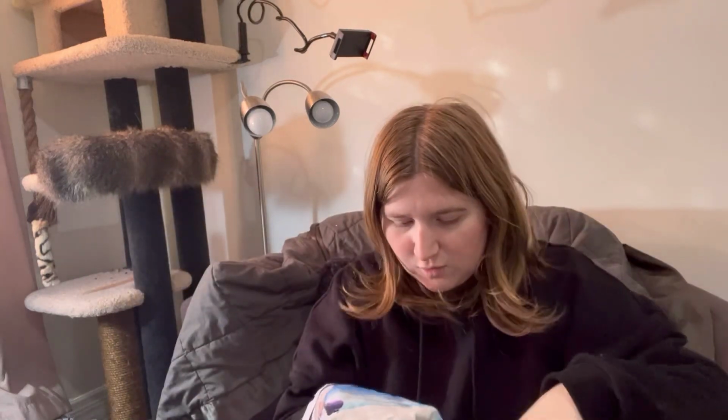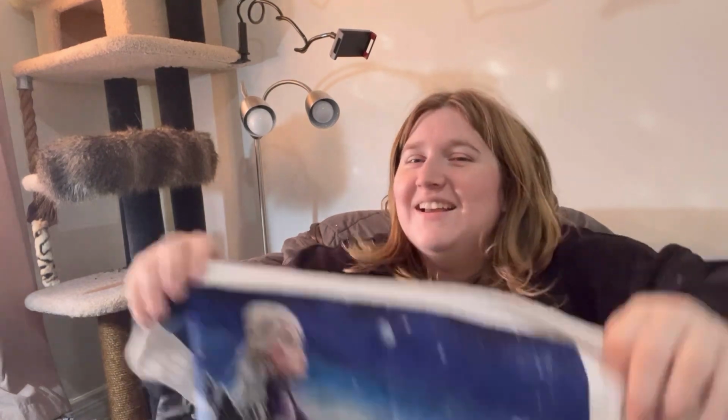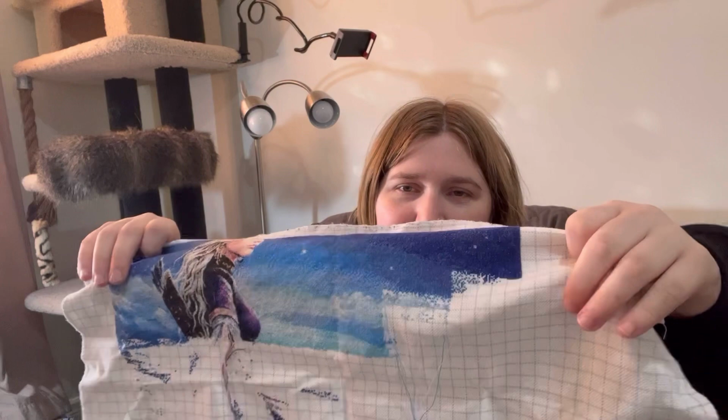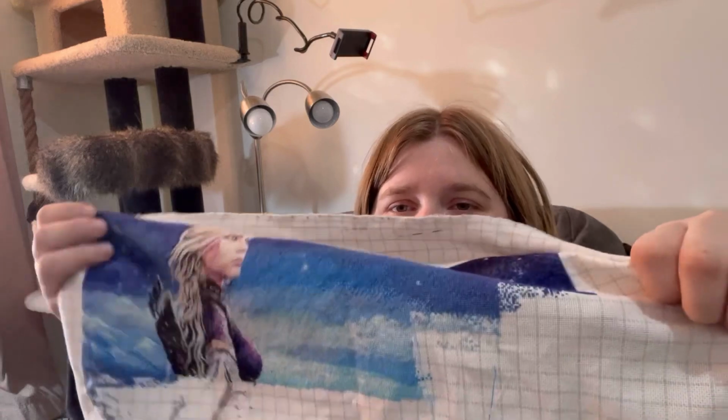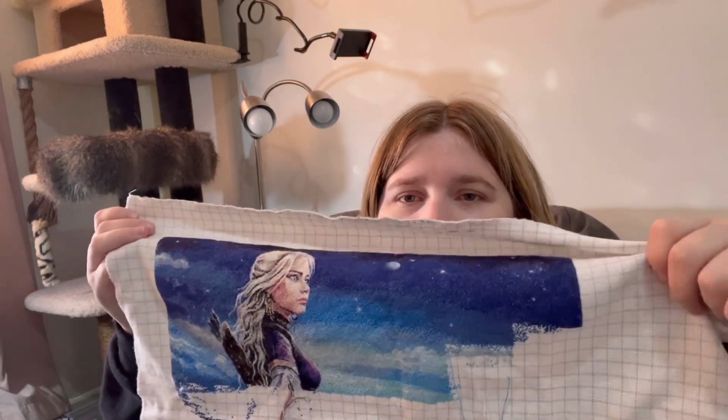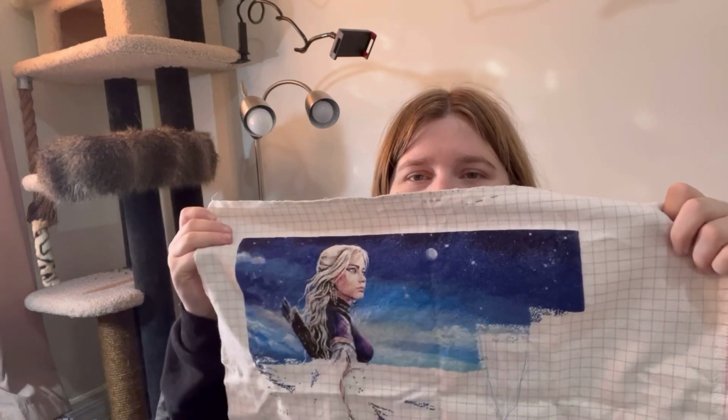It's totally got a fold line right through the middle, but I have not ironed, nor do I iron pieces until they're fully finished and everything. I'm always concerned that ironing might set in grid lines or anything like that. So you can see I've been just working up in the sky and getting that further down. Really happy with how this one's coming along, and if you want to see the bottom half of it, you